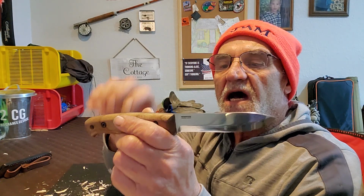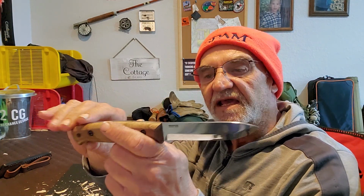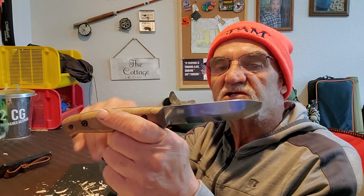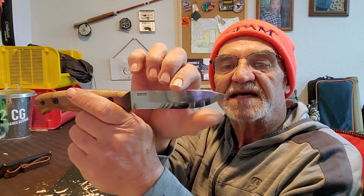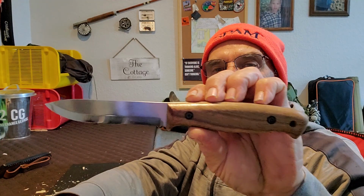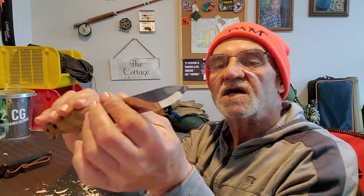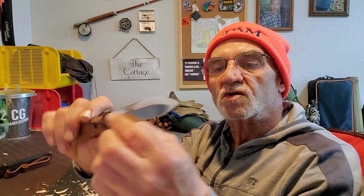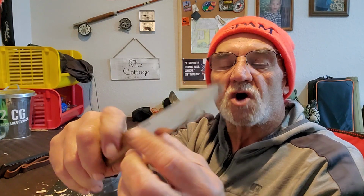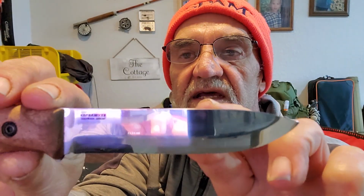This and the other knife that I have that I'd shown you before are very similar. I actually thought this would be a lot smaller than the other one. It's about the same size. There's just not a lot of difference between them, except on the other one it has a deeper belly here. But overall, another good knife from BPS. Can't complain. The stainless steel look to it, although it isn't stainless steel, it is carbon steel, they actually say it on there. I don't know if you can see that right there. Carbon steel,